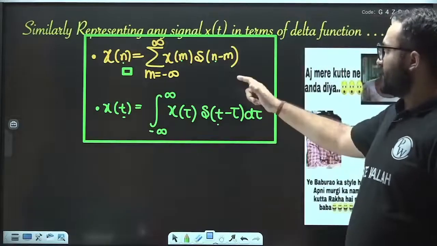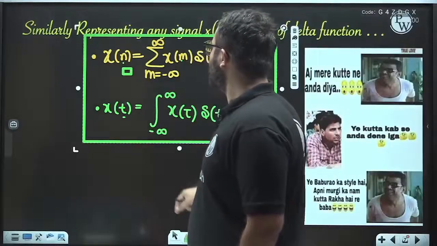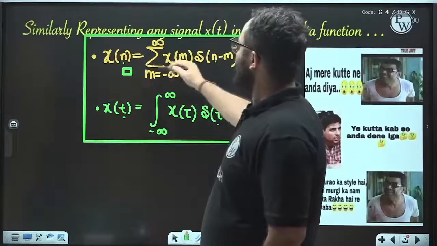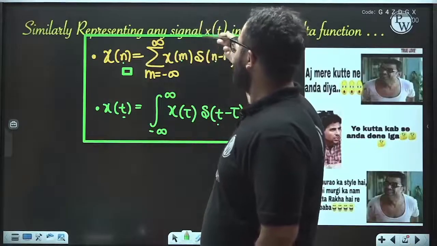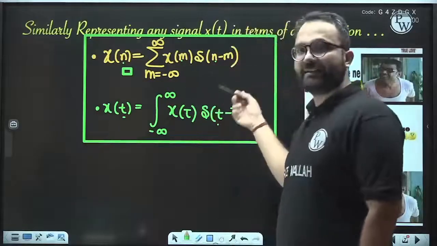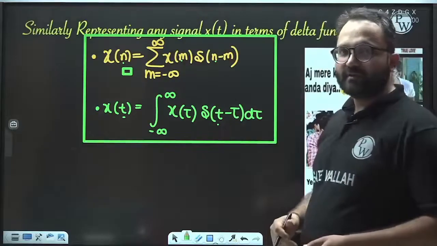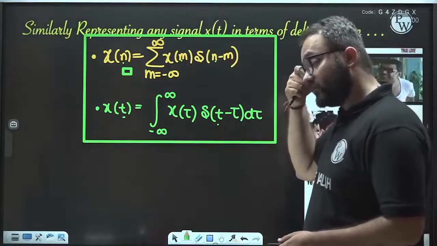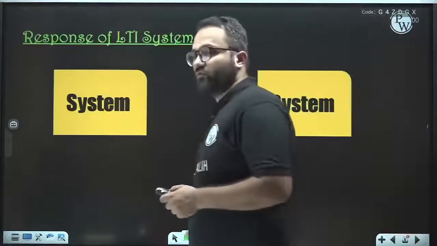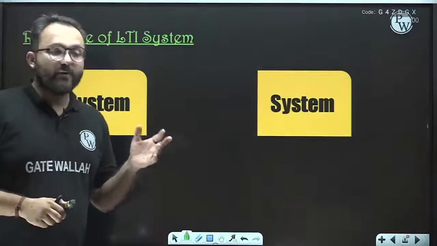So x[n] is equal to the summation from minus infinity to infinity of x[m] delta[n minus m], and x(t) is equal to the integral from minus infinity to infinity of x(tau) delta(t minus tau) d tau. So these are the two representations which are very important, and we will be using them in today's class. So now let's move on to the LTI systems, the response of LTI systems and the properties of the